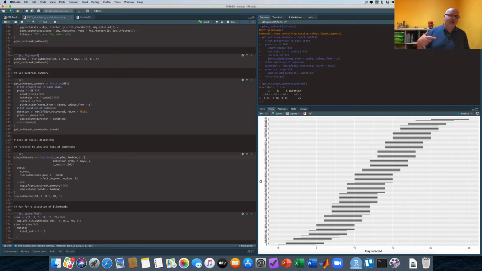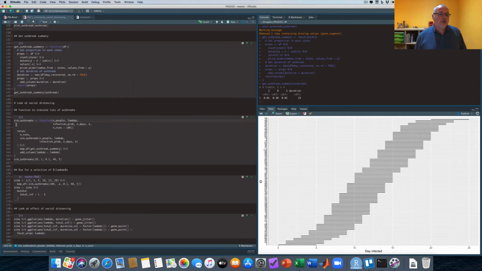So I'm going to take a lambda and do lots of runs. Instead of just doing one outbreak, I'm going to do lots of outbreaks, basically 100 outbreaks. And for each of those outbreaks, I'm going to get how long it lasted, what proportion were infected, what proportion recovered, what proportion is still susceptible at the end of so many days. All this function does is a little wrapper function that just reruns it numerous times. So if I run this,